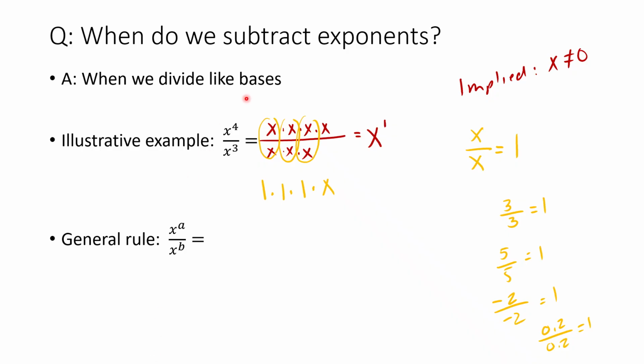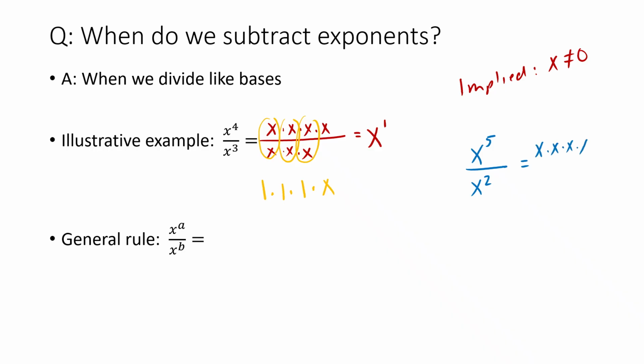And a faster way to get there would have been to do 4 minus 3. Now, just to illustrate this again, I know I have an illustrative example and I'm kind of going overkill, but we need to see this enough to digest it. So suppose I had x to the 5th divided by x squared. Well, that's x used as a factor 5 times, x used as a factor twice, and then you have those 1s. x divided by x is 1, and now I'm left with 1, 2, 3 x's, so x times x times x is x to the 3rd,